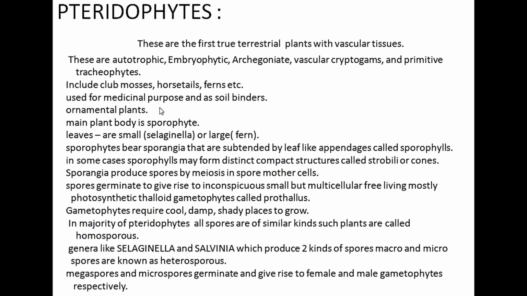So let me tell you again. The protostele is nothing but the central core of xylem surrounded by the phloem, whereas the siphonostele is a medullated protostele, meaning medulla is present in that. So what does the solenostele mean? The siphonostele with scattered leaf gaps, or dictyostele, the dissected siphonostele with overlapping leaf gaps.